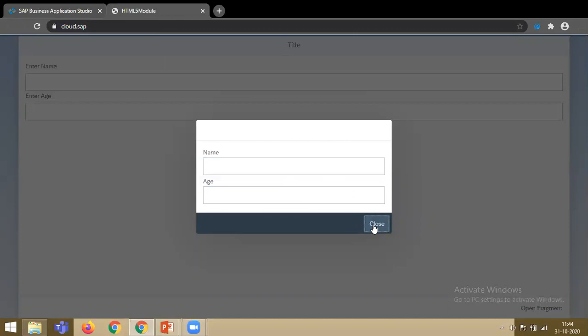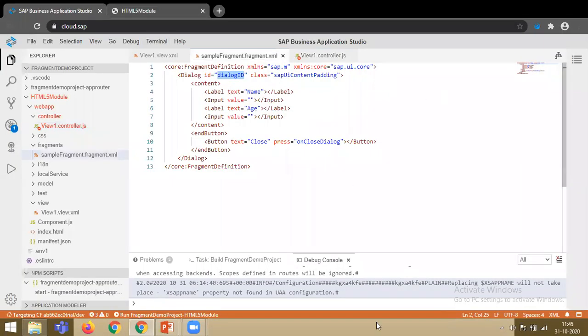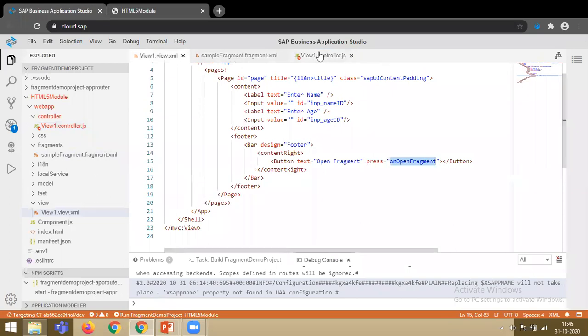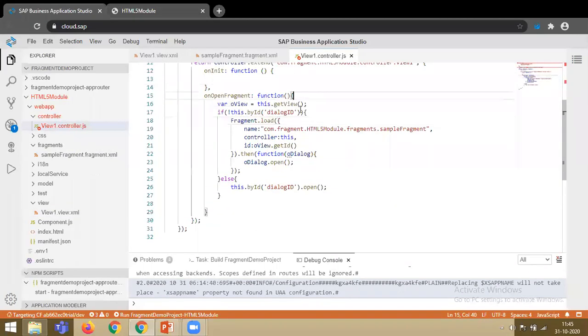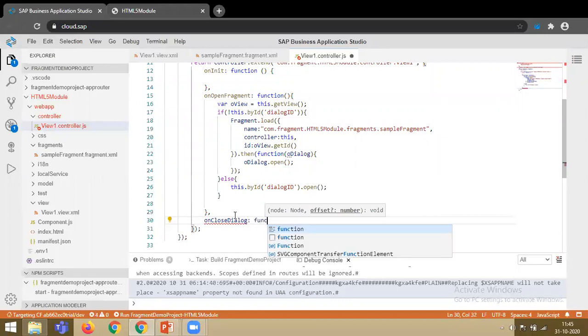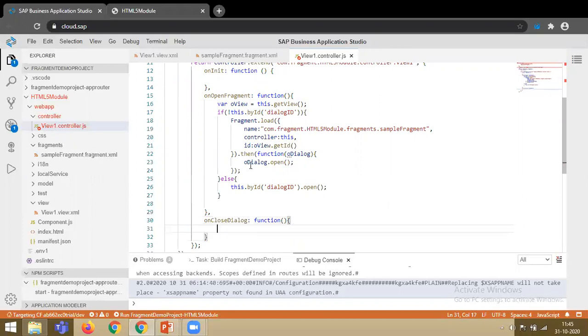We haven't added anything for the close event, so we just need to copy the onClose method from our dialog and declare that method. We know that the fragment shares the controller from where it is invoked.